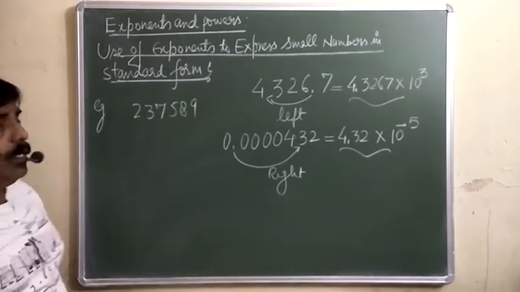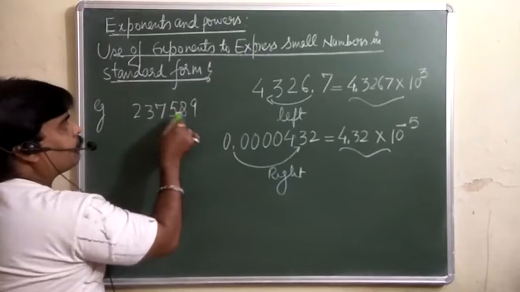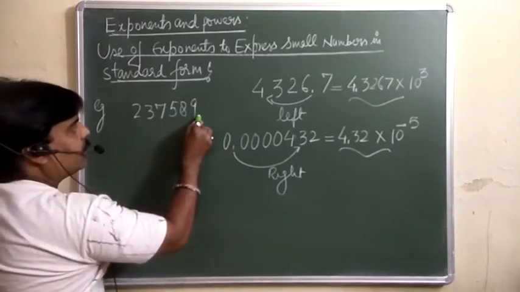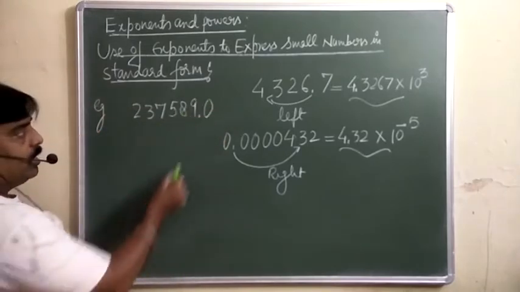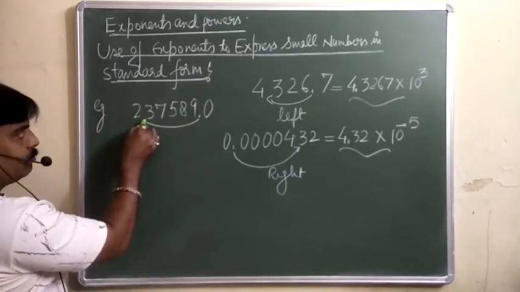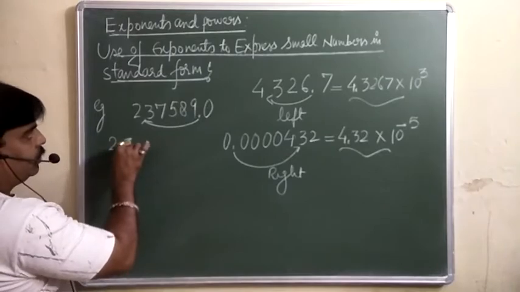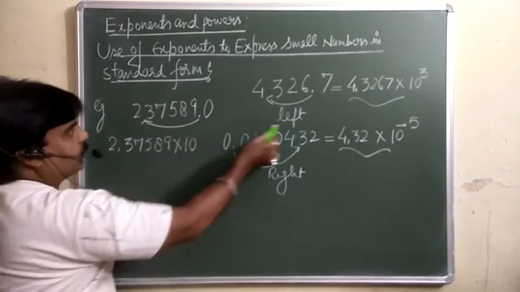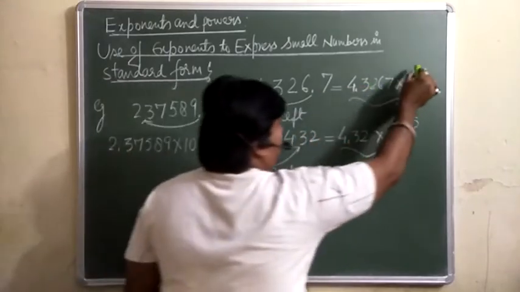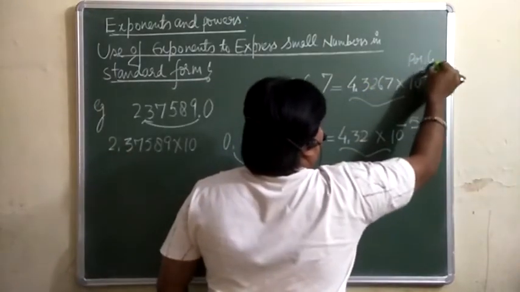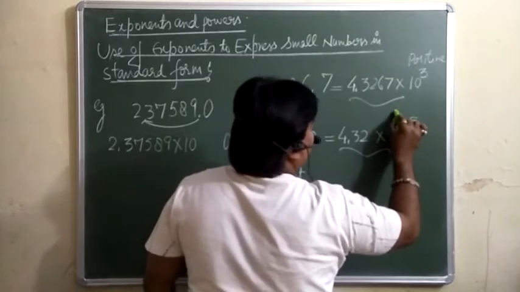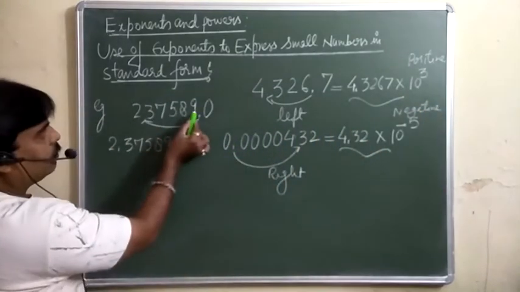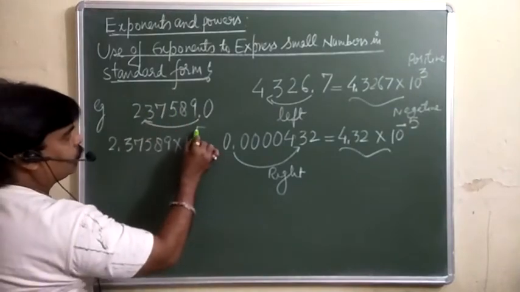23759. This is given. अब here decimal point तो यहाँ दिया ही नहीं है. इसका मतलब decimal point कहाँ पर है? यहाँ पर. Here is at the last. Now you want to shift this 5 digit back. So this is 2.37589 into 10 raised to power, because लेफ्ट में जा रहे हैं तो क्या होता है? पॉजिटिव आएगा. लेफ्ट में हमेशा पॉजिटिव, राइट में जाएंगे तो नेगेटिव. So we are going to back 1, 2, 3, 4, 5 digits, so 10 raised to power 5.